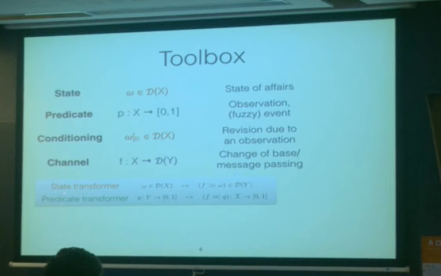So they can either be state transformers, meaning I can apply a channel to a state on X to get a state on Y with this notation. And they can be predicate transformers. Namely, if I have a predicate on Y, I can transform it with this notation into a predicate on X. So notice here that whereas state transformers work forward from X to Y, predicate transformers work backwards from Y